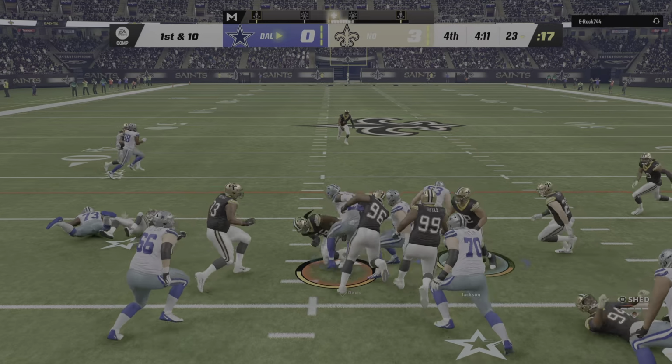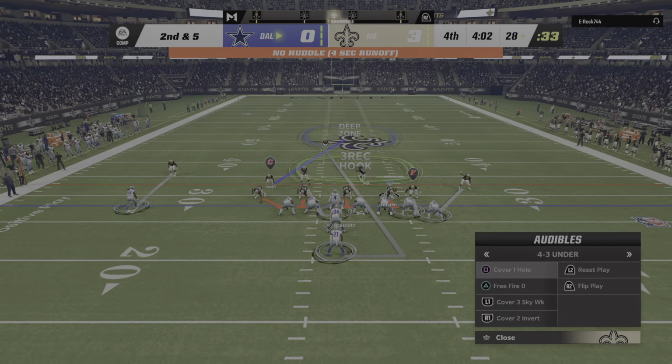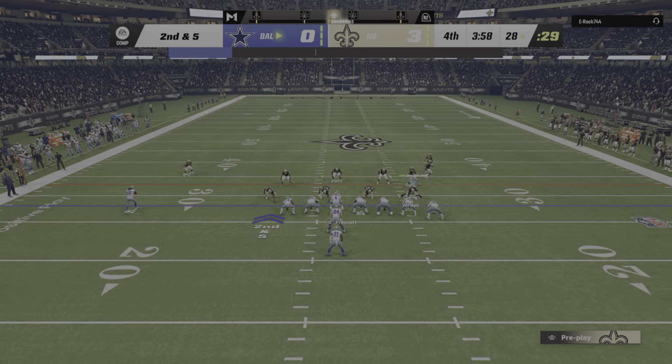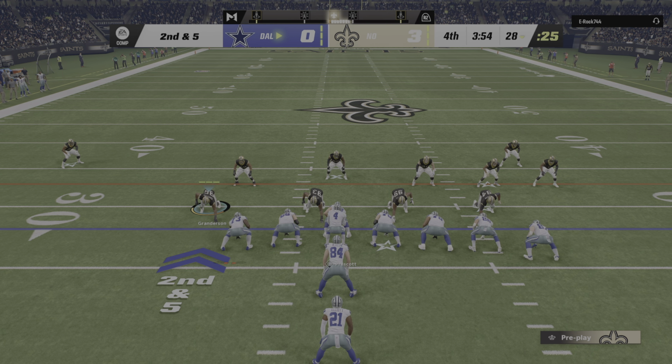A give to Elliott. And he'll take it forward for about 5 up to the 28-yard line. The first down run got 5. Here's 2nd and 5. It's a gain of 5. Brings up 2nd and